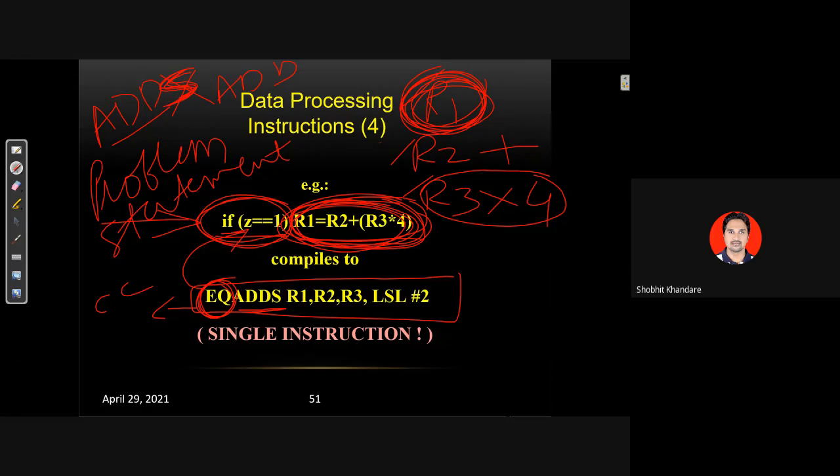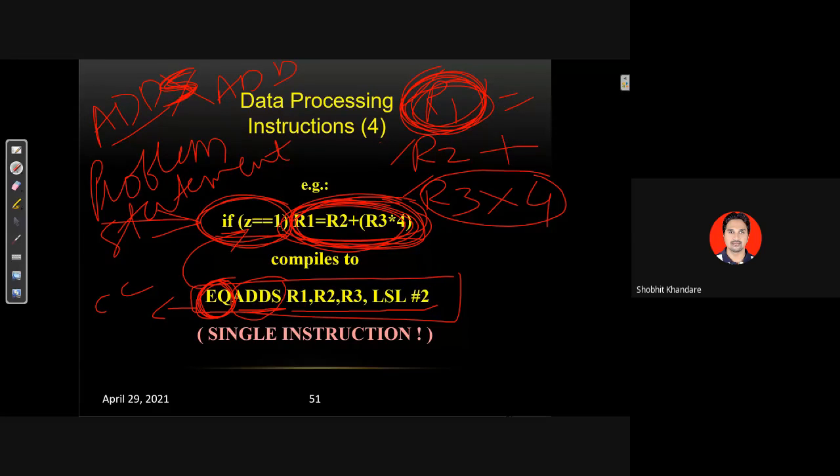R1 में मुझे रिजल्ट इसका आ जाएगा, तो मैं रिजल्ट दे सकता हूँ। लेकिन मैं चाहता हूँ कि रिजल्ट के साथ मेरे कंडीशन कोड फ्लैग्स में भी रिफ्लेक्ट होना चाहिए, NZCV में। तो मैंने S को अपेंड किया, and this is applicable for all the instructions. अगर आपको लगता है कि रिफ्लेक्ट करे तो S को अपेंड करो। Okay, so this is more clear. आपको EQ का मतलब पता चला, आपको ADDS का मतलब पता चला।